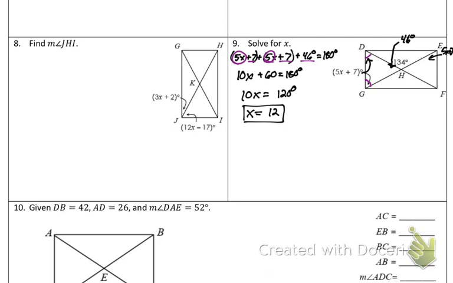Does anyone see another way to do this problem? Yeah. So angle HDE is congruent to HED. So you do 134 plus 2x equals 180. I'll give you the angles for both of them, since angle H